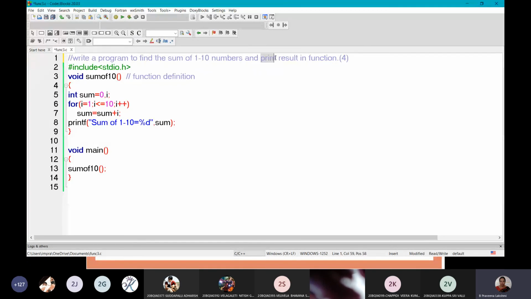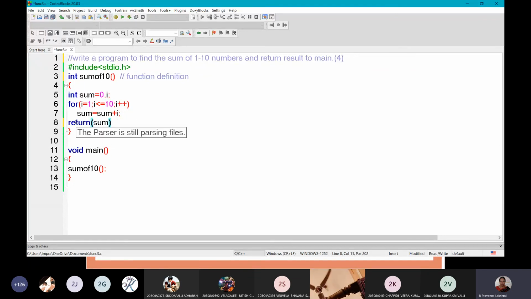So return result to main annam kabatti we need to give the return type as int, and without printing the result here we will return the result, return sum. Here we'll take a variable and we'll store the result, int s. Okay. So మనకి result function నుంచి వస్తుంది, దాన్ని స్టోర్ చేసుకోవడానికి ఇక్కడ ఒక వేరియబుల్ ఇచ్చాము.